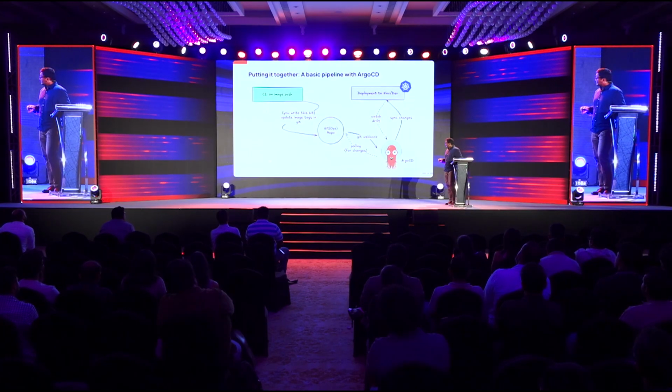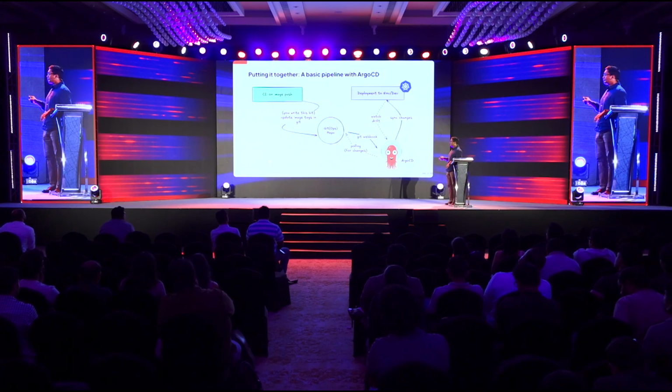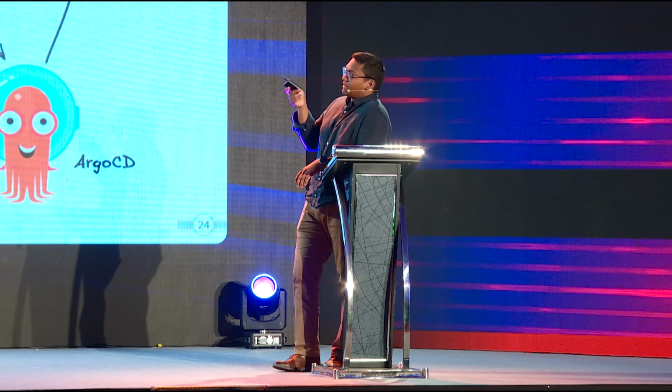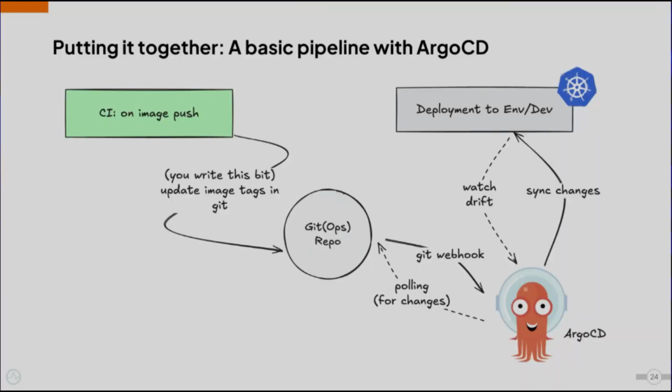So this is a basic pipeline. I'll walk you through this. We've taken out the CI part; we've already talked about that. Effectively, how we used to build these pipelines is the CI pushes the image to an image registry, and